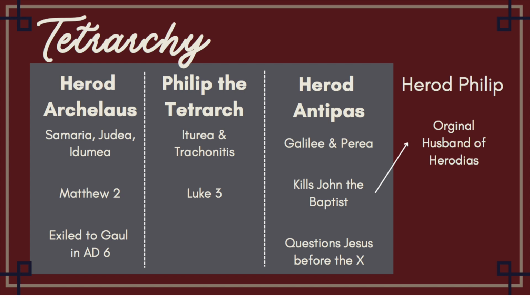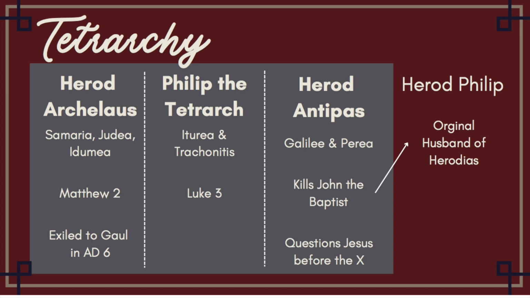Caesar Augustus looks at it and he goes, you're trying too hard. And so instead of giving him the name of Tetrarch, he gives him a lower title of Ethnarch, and then his other brothers are called Tetrarchs. He goes, you're going to get a bigger portion, but I'm going to embarrass you by giving you a lower title. So, what was he in charge of?